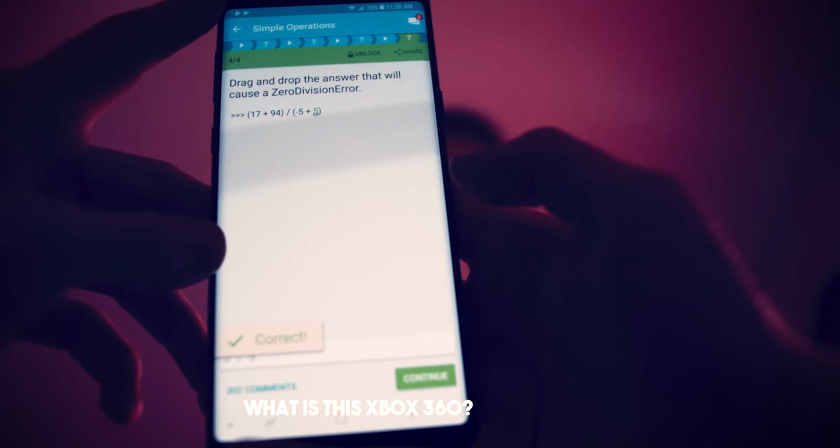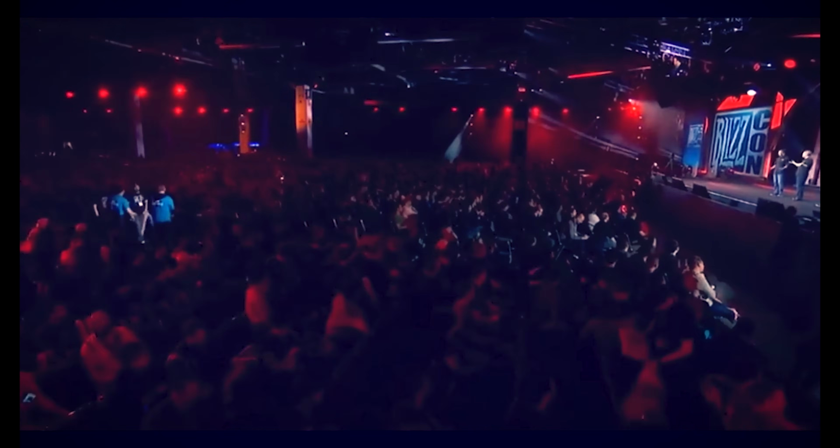What is this, Xbox 360? And then there's the whole thing like, don't look at blue light at night, and I just don't know when you pull out your phone to just start studying code real quick. I mean, do you guys not have phones? Yeah, you guys all have phones, right? Oh, that clip of Blizzard.